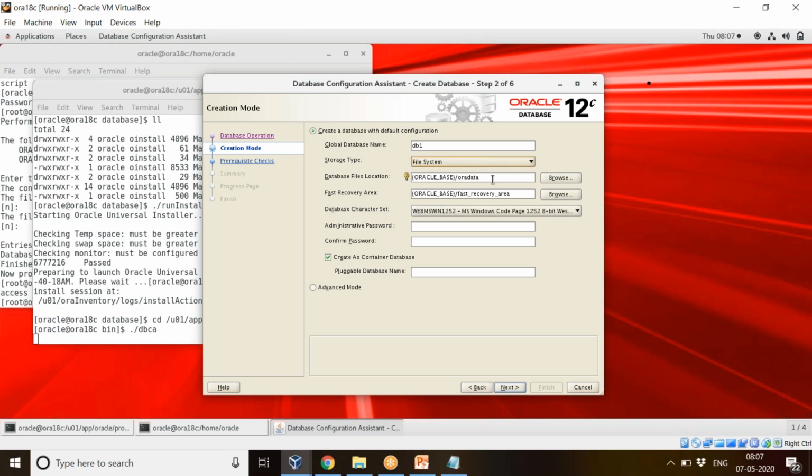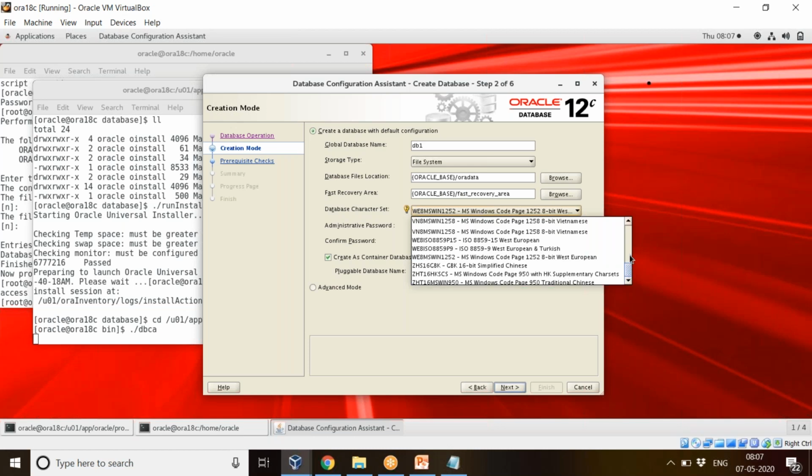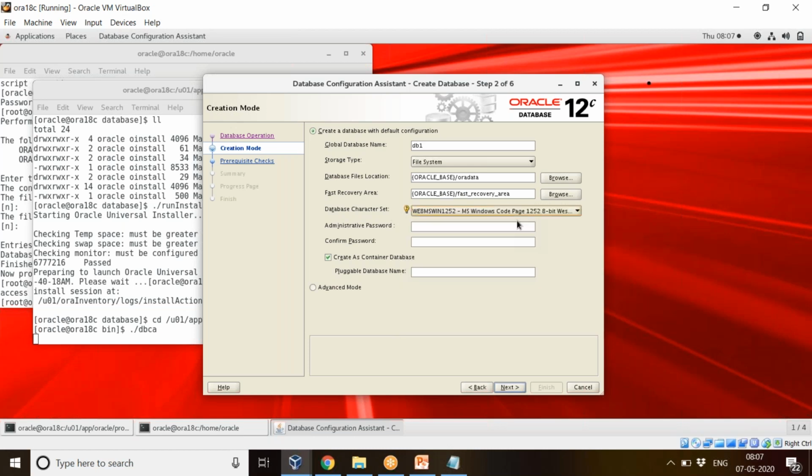Next one is Oracle Oradata, that is where the files are being stored, like your control files, data files and redo log files are stored under this location under Oradata. And under fast recovery area, all our files like our backups, archive logs, everything will be stored here. Then we have the database character set, which we have to choose the universal character set.